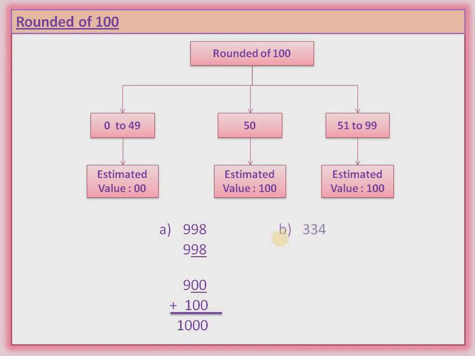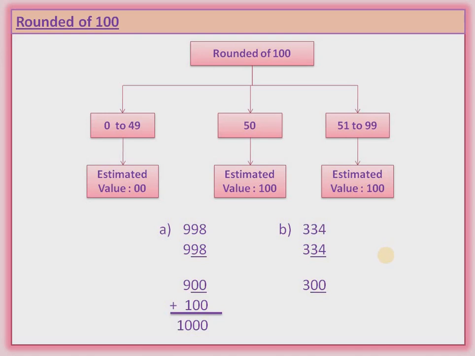Okay, so you can understand better. Again, what we have to do is make a line on the last 2 digits. So where will the line be? The line will be under 34. Okay, you can see the 334. What do we have to do next? We will write 2 times 0 instead of 34. Okay, you can see 300.